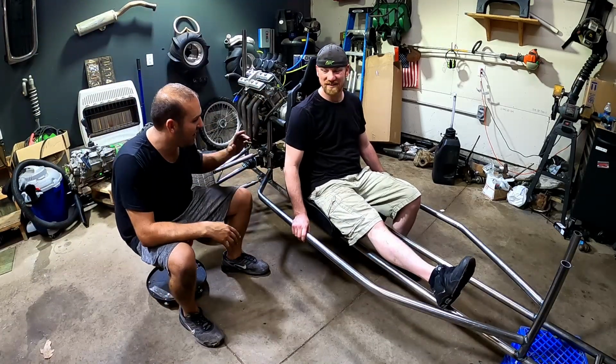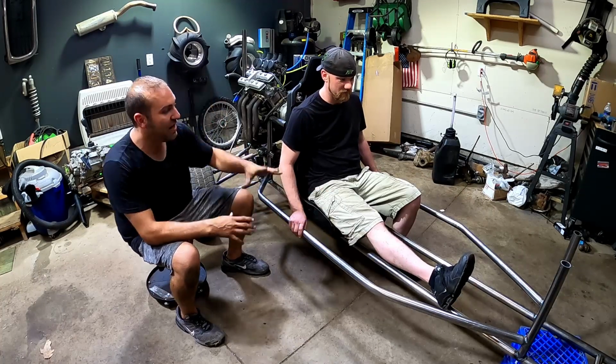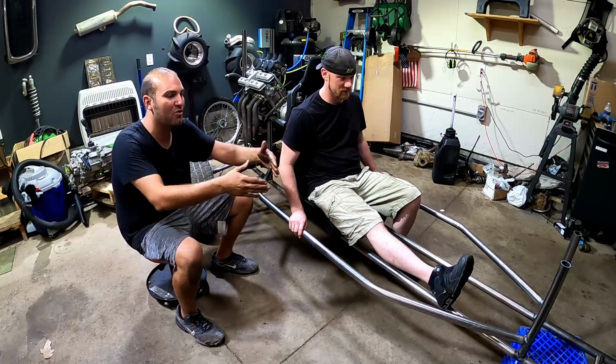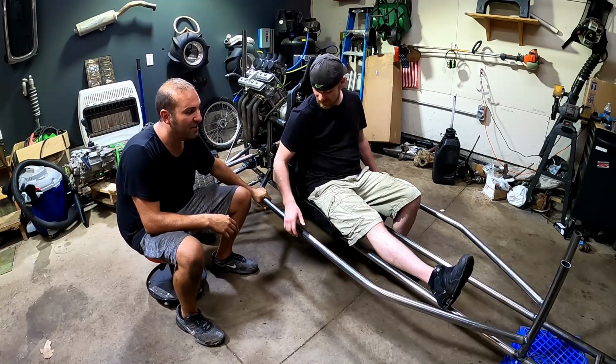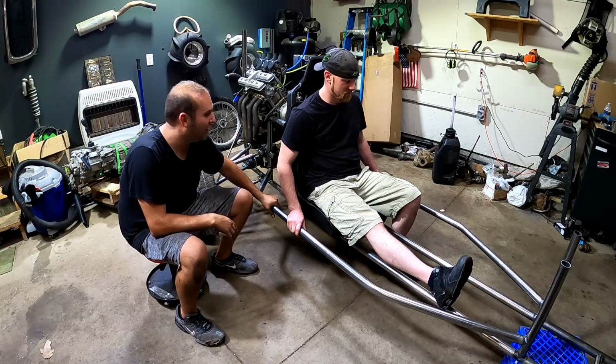All right, guys, so we're wrapping it up for the night. We got our side rails mounted on. We have the overall shape of our cart, and we are very happy. We like how it kind of comes down to a point. Super excited. It's starting to support some weight now because it has some structure to it, but it's looking